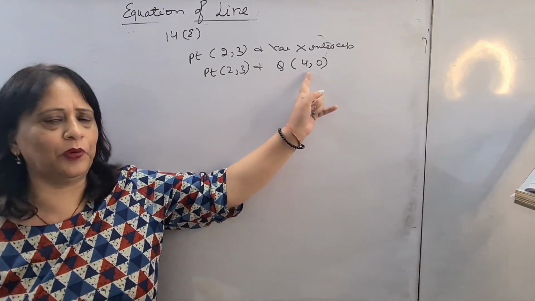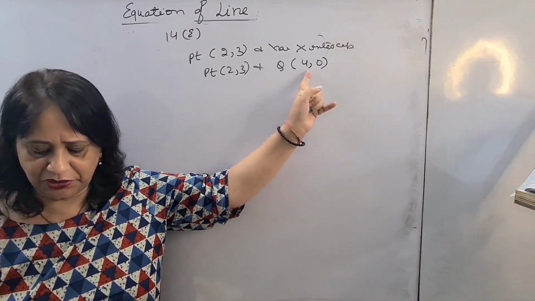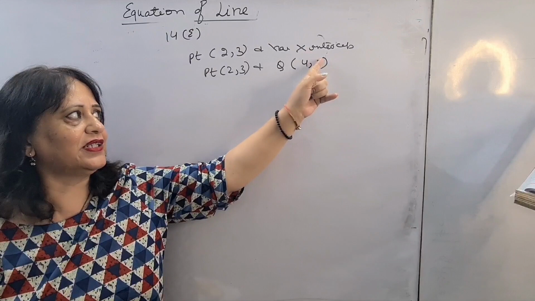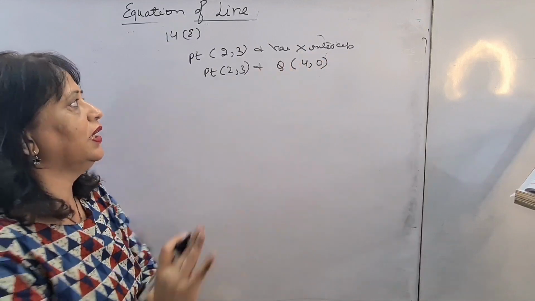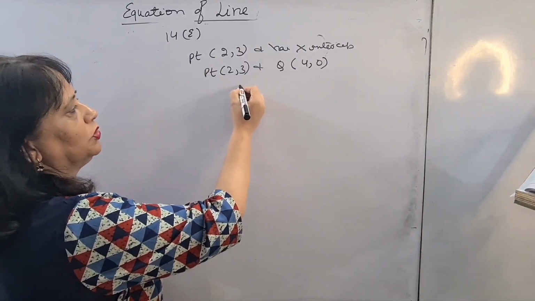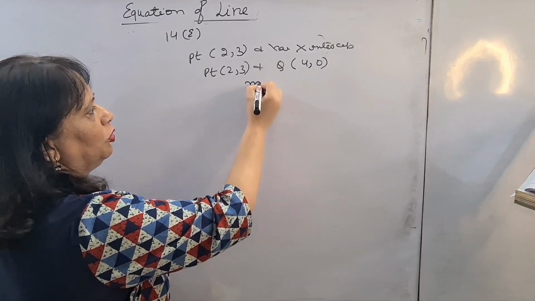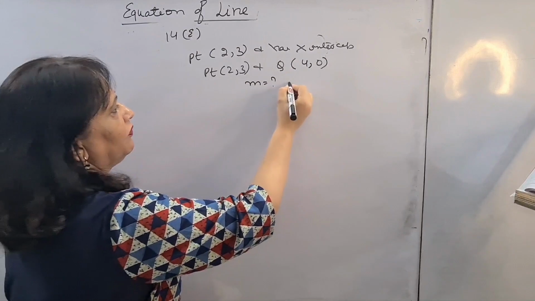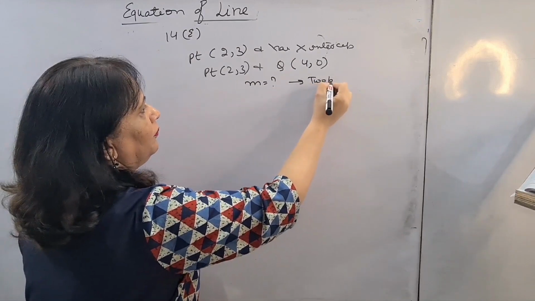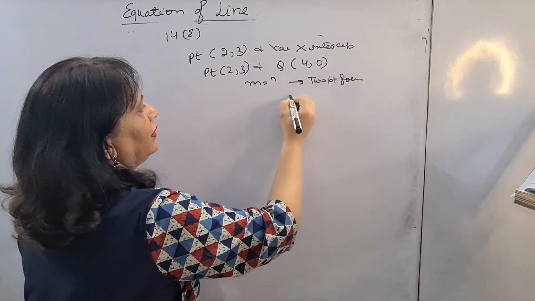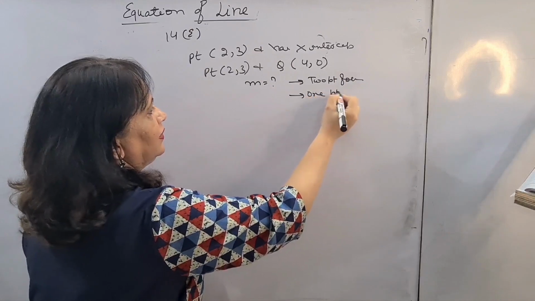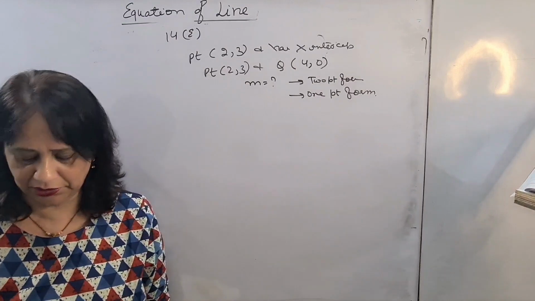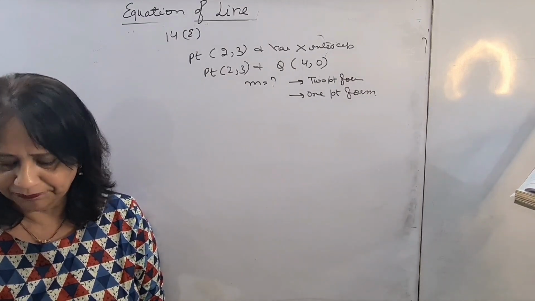How did I take the point? They have written x-intercept is 4 units. So if x-intercept, then y will be 0. If y-intercept, then x will be 0. And next, the rest you know, that is you have to use the 2-point form to get the slope first, and then the 1-point form to frame the equation of the line. 2-point form, then again 1-point form, and then you will get your required answer. So this is again the hint of question 22, exercise 14E.